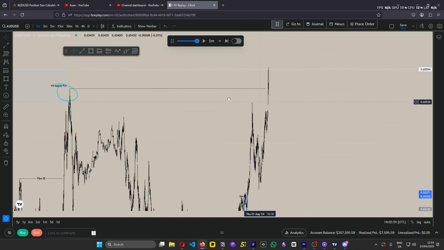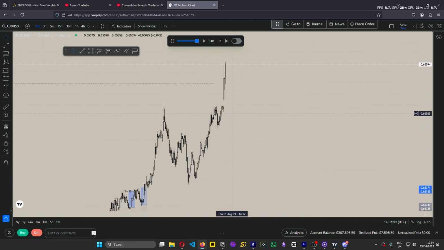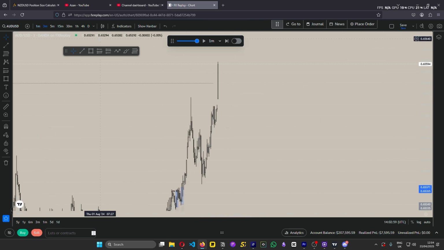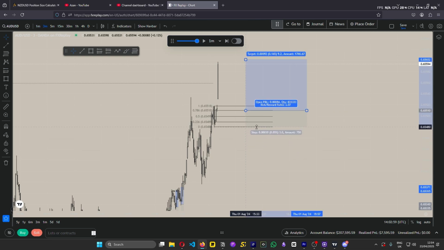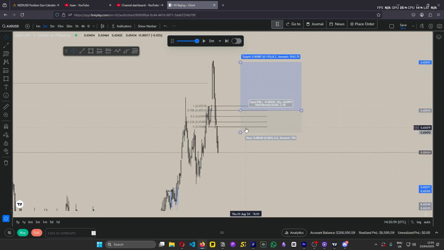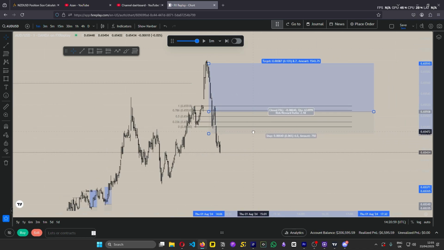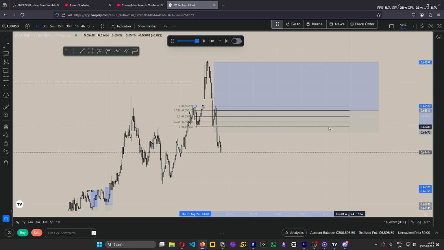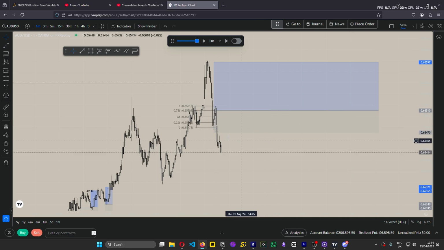No, this is counter trend. I will still take this because this is the last break. So I'm gonna take this setup right here. Okay, I'm gonna target all the way up there. I mean, this is counter trend, but listen, it's still valid. And I just got absolutely smoked. Alright. Fair play. That is fair enough.